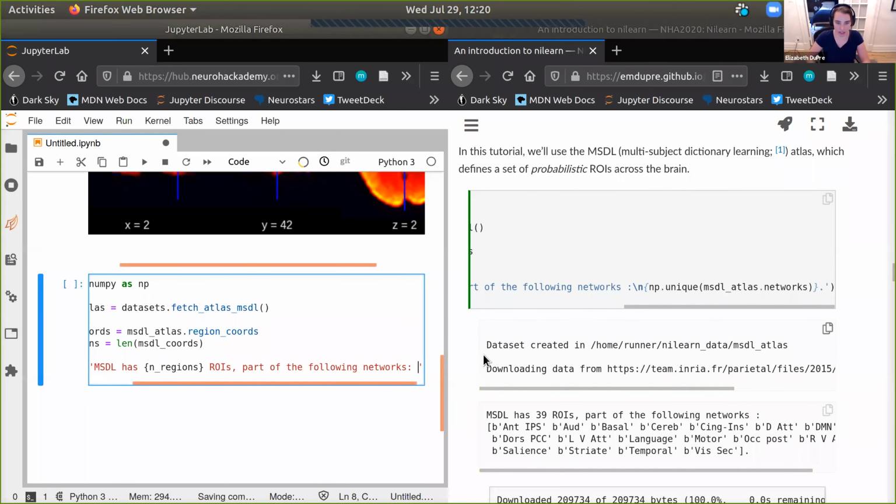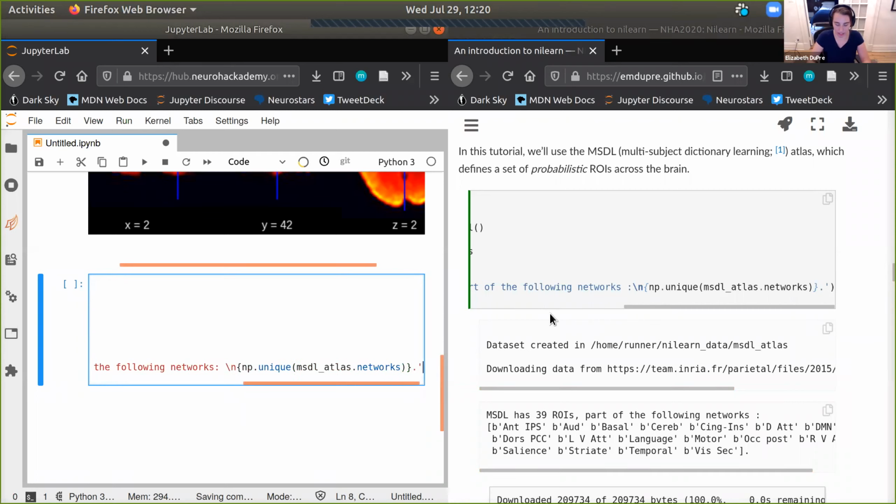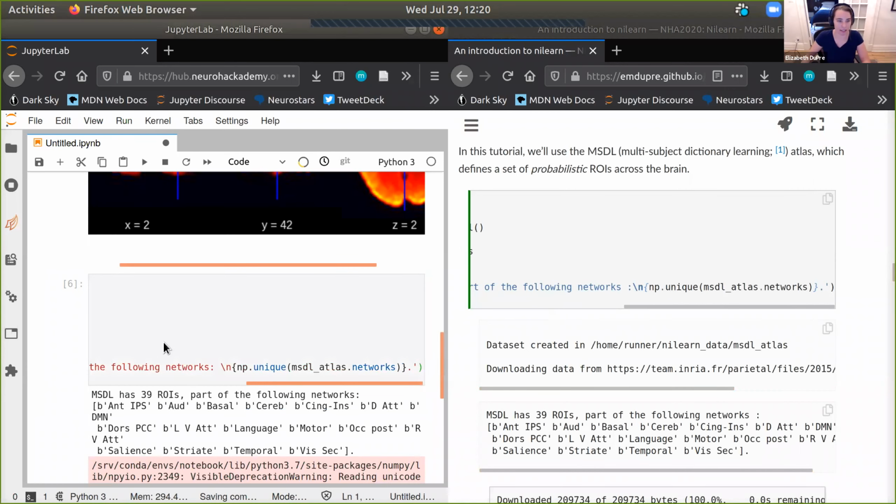And then we're going to do NumPy, which we've already imported. We're going to say, what are the unique values in this other attribute called networks? So that gives us for every region of interest, what network do we think it belongs to? And then I'm going to end the string and the print statement and execute that.